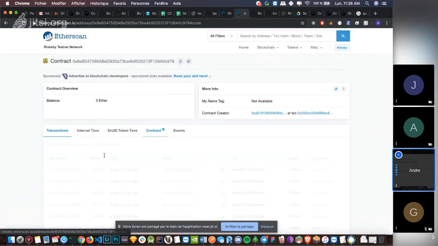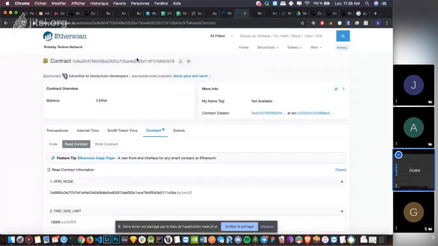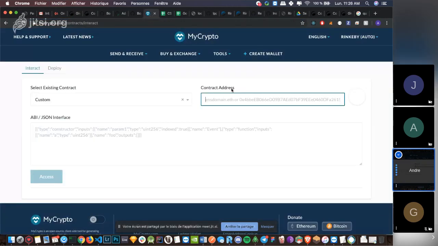Oh yeah, so this is the liquid pledging contract proxy. This is a proxy that handles all the events, things like that. What we want to do is just copy this,